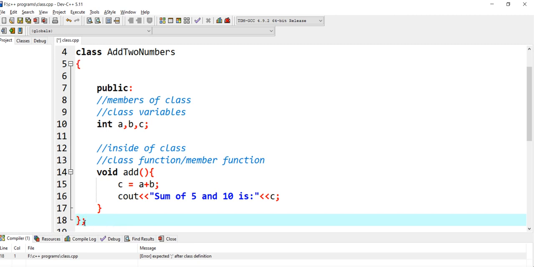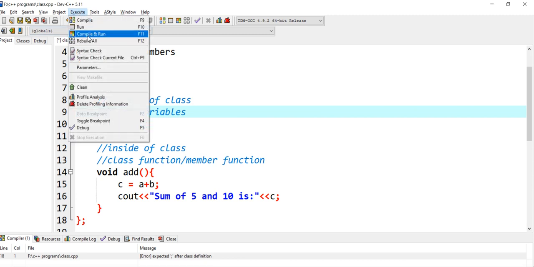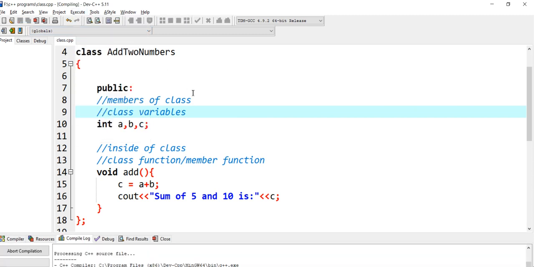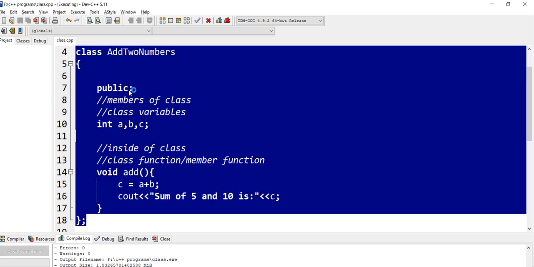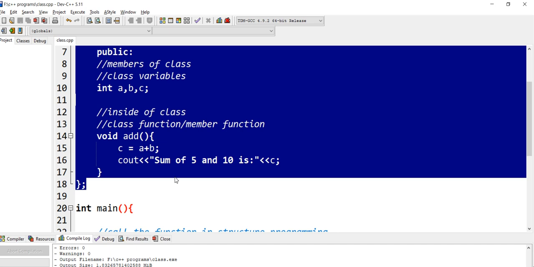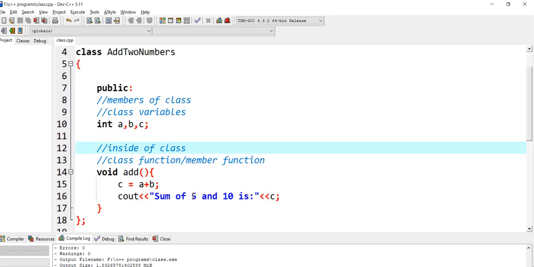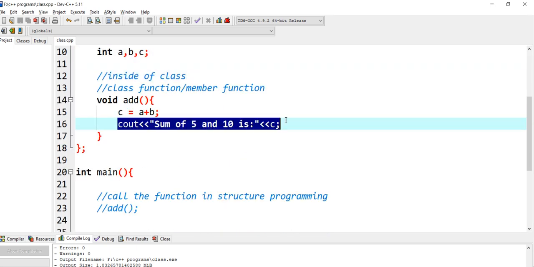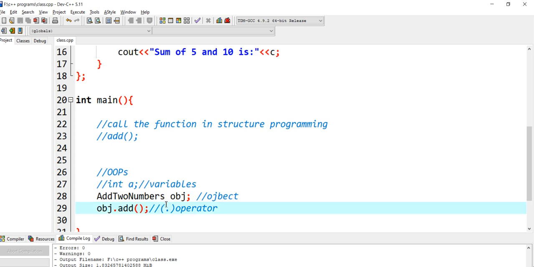And we need to provide a semicolon here after the ending of the class. So this is our class, and we haven't done anything in this yet. Let me just call the function.